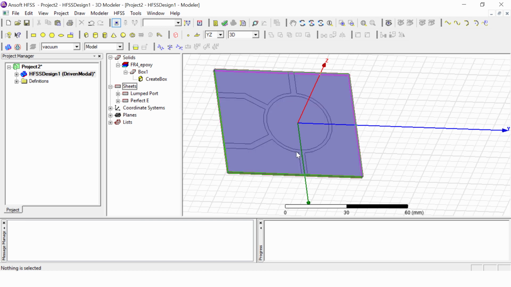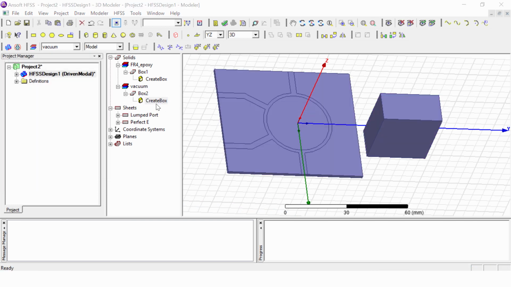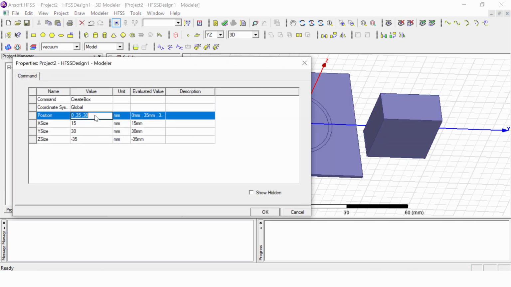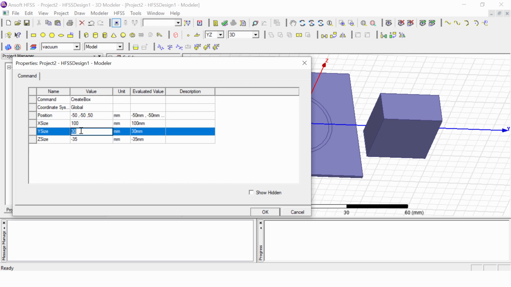Now we will keep this inside a radiation box. This is already approximately 60 by 80 mm, so I'll take a 100 by 100 by 100 mm box. Take a box here and give the dimensions of this box as -50, -50, -50, 100, 100 and 100.